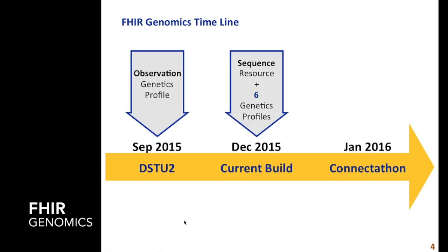So let's take a look at the FHIR Genomics timeline over here. If we look here, FHIR Genomics really got its first push in terms of the draft standard for trial use version 2 in September. So very recent, when the observation genetics profile was added, so that the observation resource can capture genetic types of information. Right now, we're obviously in December here, where we've added into the current build the sequence resource as well as 6 genetic profiles that were based on